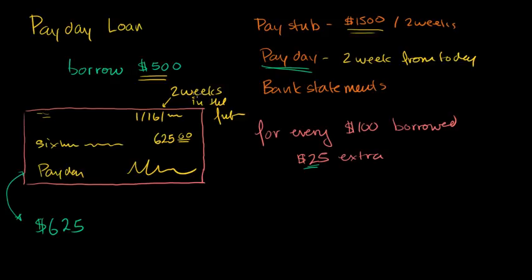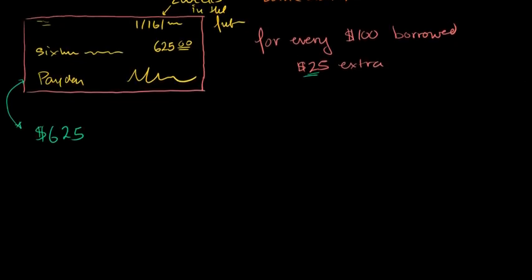Every year. But let's think about what that is on an APR basis. So let's say we're paying $25 for every 100, that's literally 25%. When you say per cent, that root means 100, right? Century, 100 years. So per cent literally means per 100, 25 per 100. So this is literally 25% interest, or we could write it in the traditional way. This is 25% interest